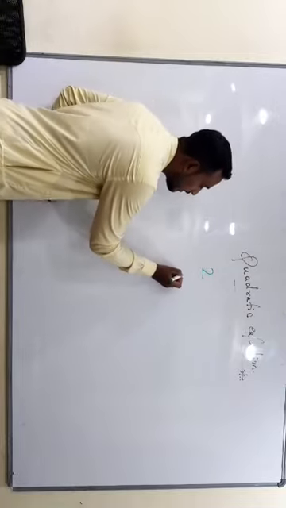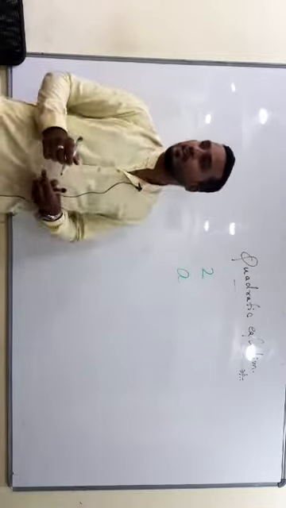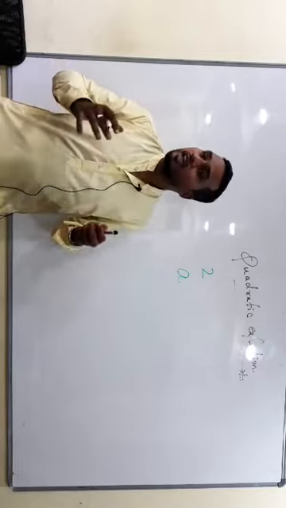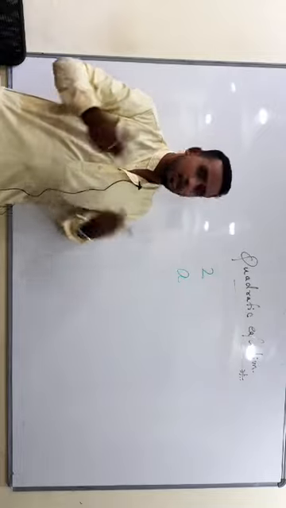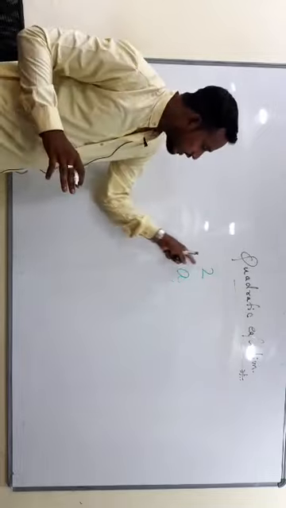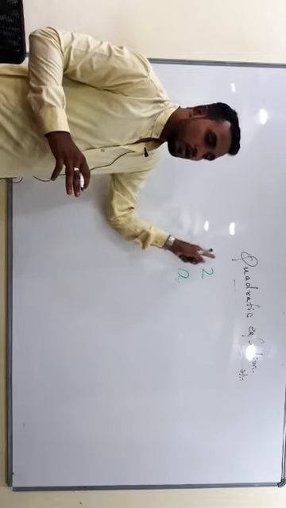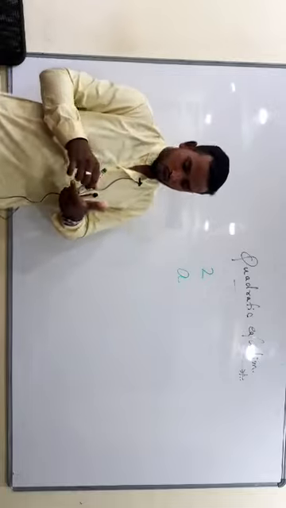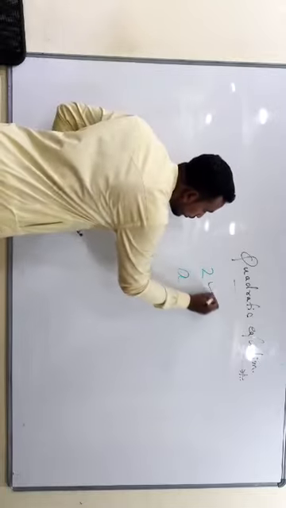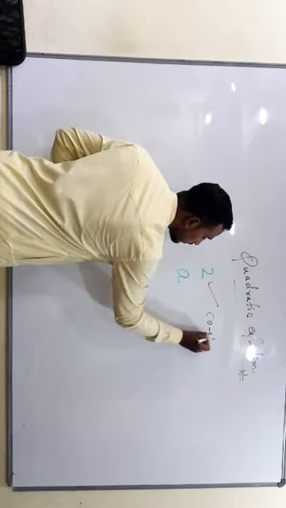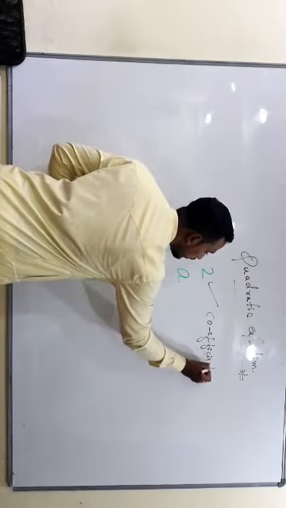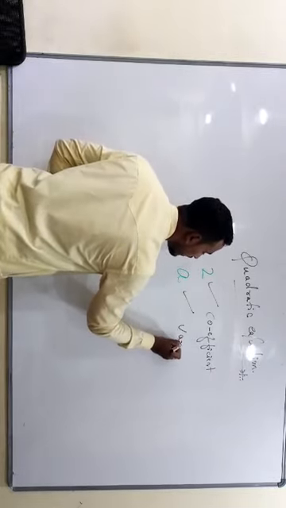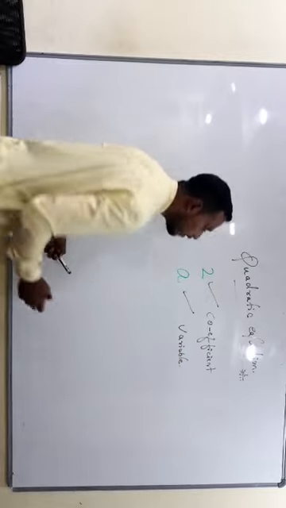Understood? Similarly, I am going to write an alphabet called A. What is A? We don't know. The value of A can be 1, minus 1, 10, 100, 1000, anything. What is the difference between these two? 2 has a value, A doesn't have a value. So 2 is called a coefficient, or a constant number. What is A? It is called a variable. Variable means we don't know the value of this.